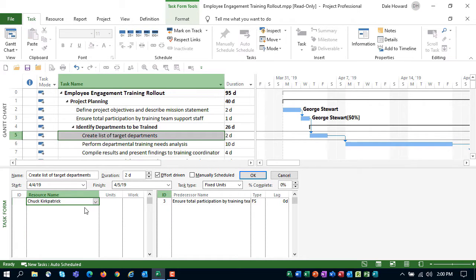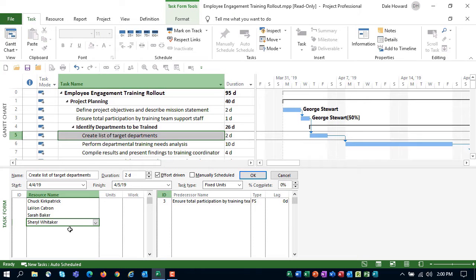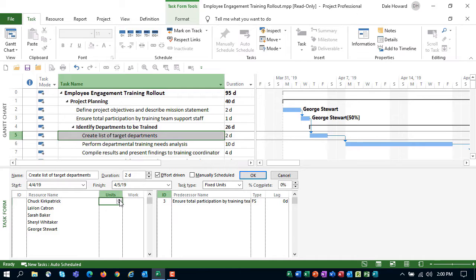So we need Chuck, and we need Levon, we need Sarah, we need Cheryl, and we need George. In the units column, Chuck will be working full-time or units value of 100%, as will